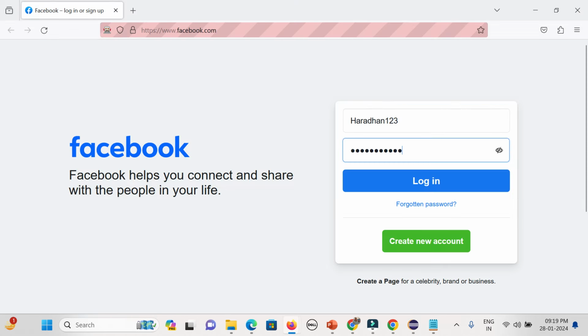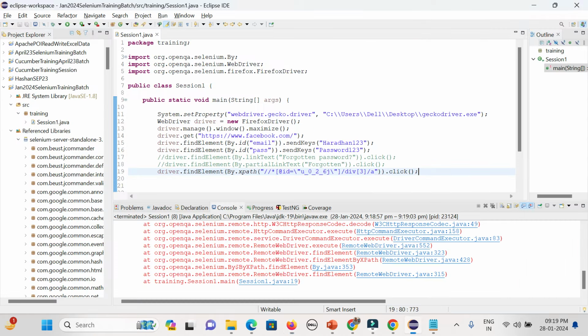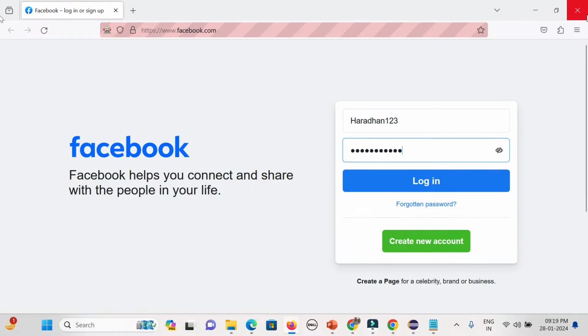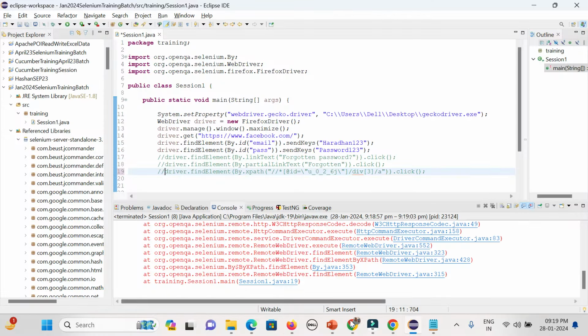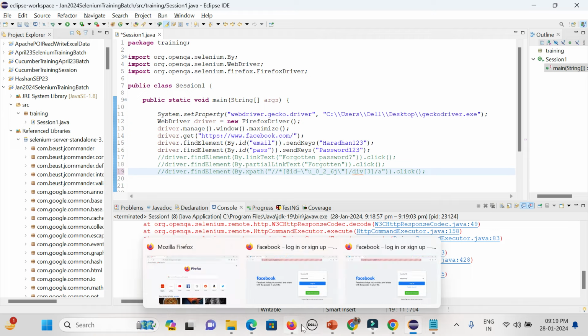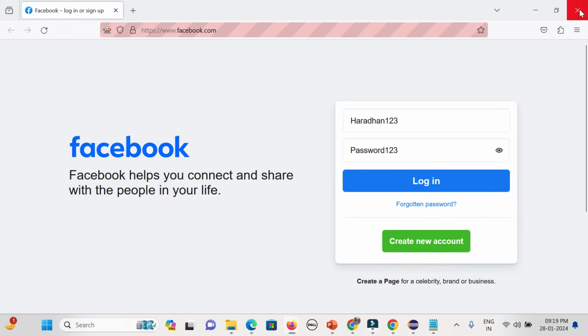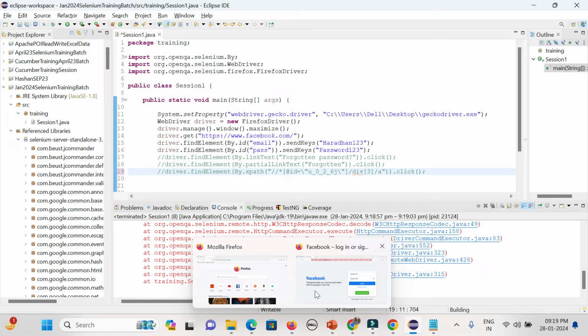So I do not rely on the default one. You could see it doesn't work. I know why it did not work: it is taking from the root path, and that sometimes gets changed. All these problems might happen, so that is the reason it might not work. So we'll create our own way. Sometimes the default CSS or XPath might work, but in most cases it does not. We'll cover in the next session how to deal with this, how to create our own XPath or CSS.